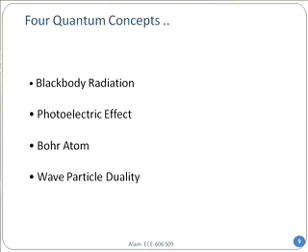The first one is the black body radiation, and I'll explain what it means. Photoelectric effect. Einstein won the Nobel Prize for this work. Bohr atom, Niels Bohr work, and the wave-particle duality. These 4 concepts will lead us to something called a Schrödinger equation, and from Schrödinger equation, we'll be able to